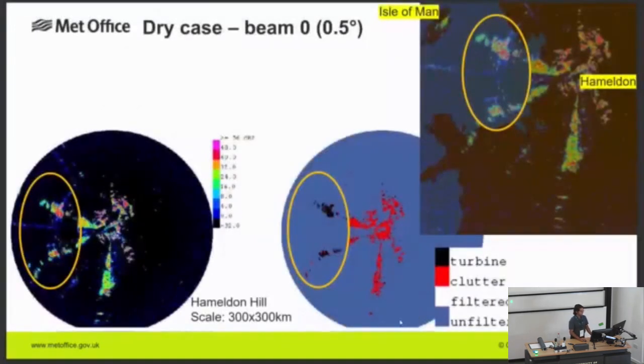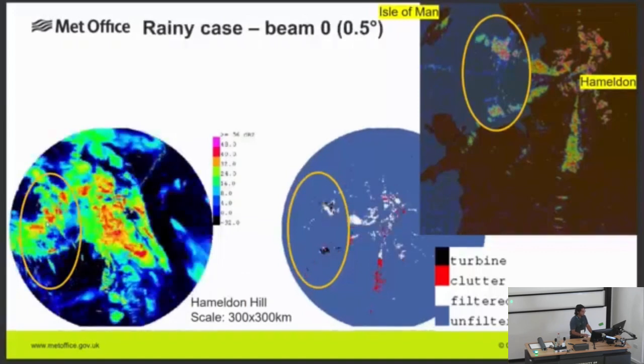This is a dry case, and we happen to know there are giant wind turbine farms here near the Isle of Man. And the model has flagged it in black here, so that will be where the wind turbines are. There's a couple of false positives, but there's a couple of land turbines as well. And most of this is just going to be ground clutter over here, and these are the wind turbines. And then when there's rain on top of it, you can see that it still flags some of them as wind turbines,